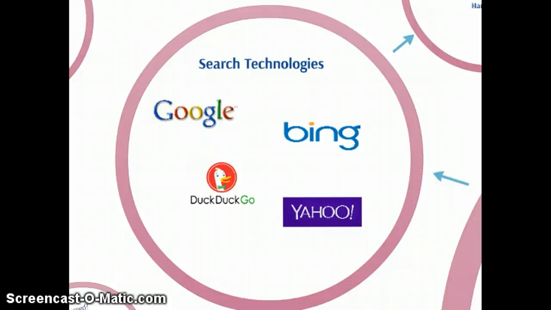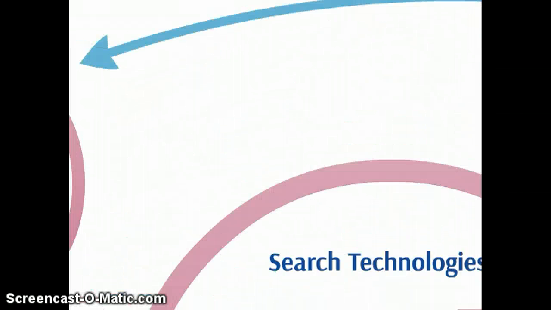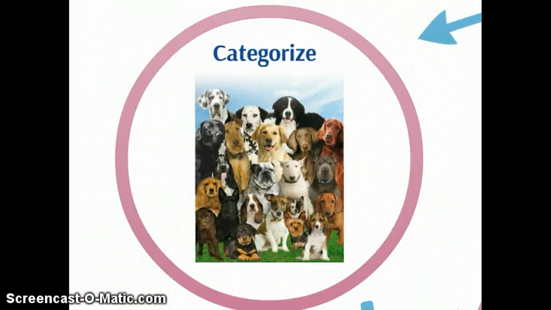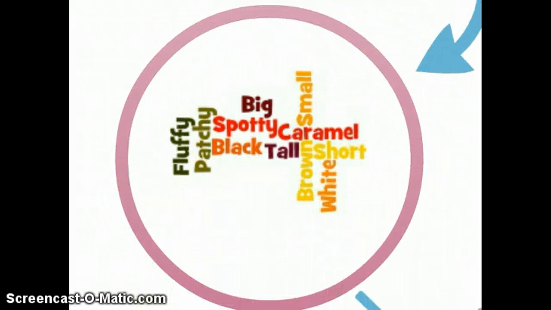Children may already be attuned to familiar search technologies, but can explore how searching for the same information may vary within the search engines. As the internet is a relatively abstract concept, I believe it's important to allow children concrete opportunities to develop their understanding of it. In this activity, the children could look at key characteristics of the dogs and categorise them accordingly. This could be done by using a variety of key terms such as fluffy, so the children categorise the dog